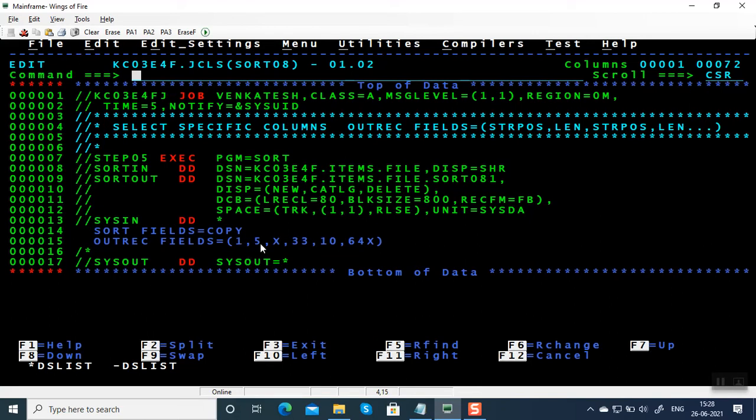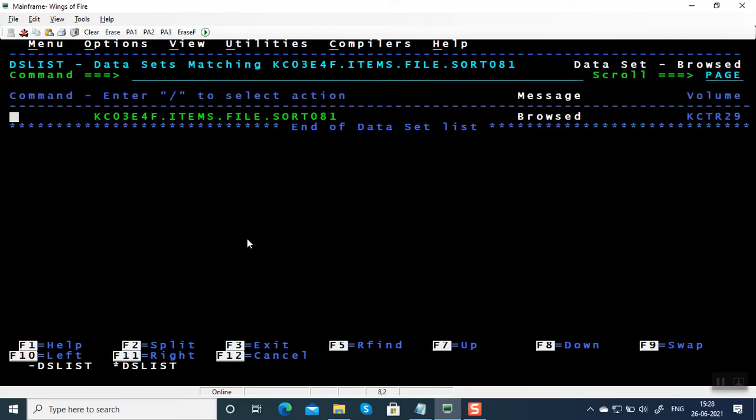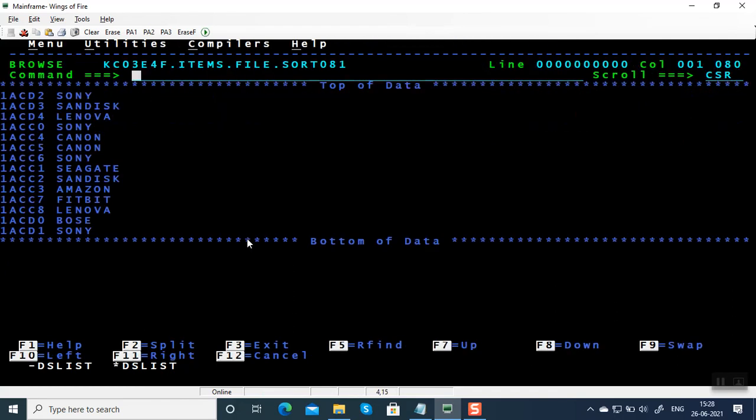Now the position in the output file changes. The item number was in position 1, and in the output file also it is in position 1. Whereas brand name is in position 33 in the input file, but in the output file it's in position 7.